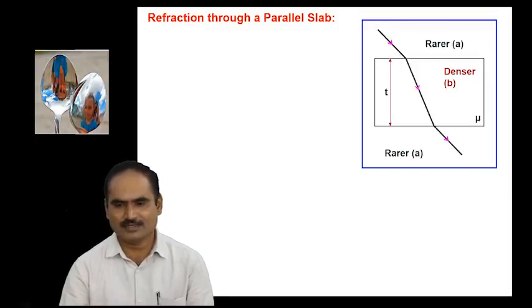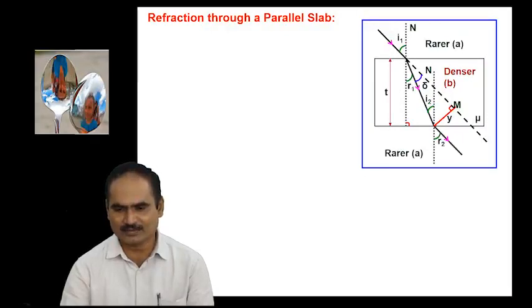Then a light ray is incident here like that, which makes some angle theta, which is the angle of incidence I1, and undergoes refraction. It is the angle of refraction R1. But the same light ray is incident on another interface here. This is another interface with the angle I2, right? After that it goes like this, and this is called the incident ray. This is called the emergent ray, and this angle is called angle of incidence, and this angle is called